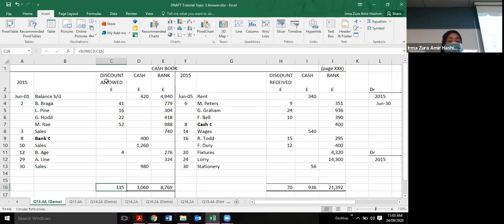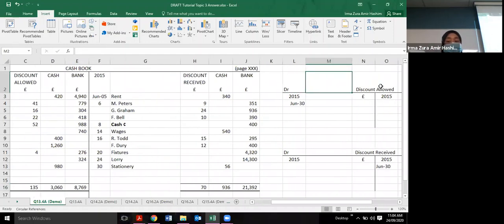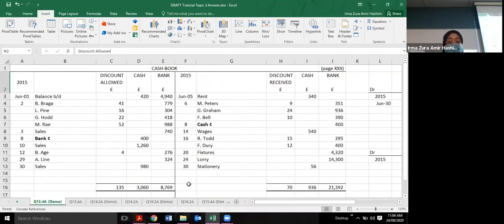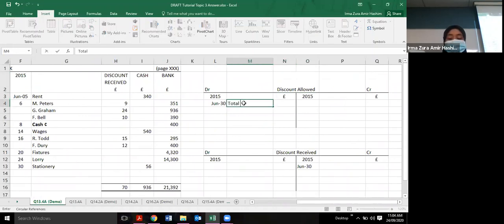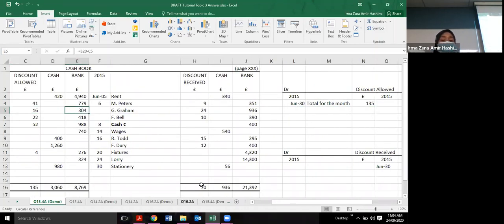So like this, in discount allowed, when you have the figure, you transfer it to the ledger account. Ledger means the T form, for those who don't know the T form. So here, discount allowed. This is the T form. So I just transfer this figure 135 to this, since this is on the debit side. So you should write here total for the month, 135. Because the question asks you to prepare the ledger for these discount accounts. And then for this discount received on the credit side,